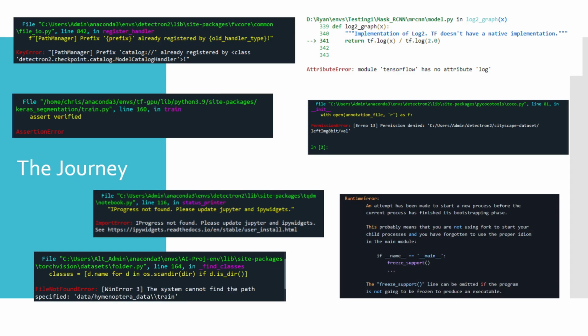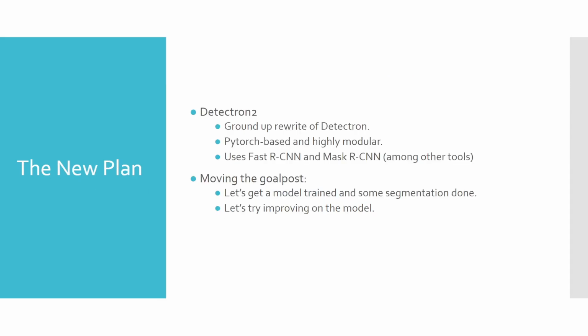So instead, Jonah got Detectron 2 working on his device, which was a groundbreaking achievement considering what we had done up to that point. Detectron 2 is a ground-up rewrite of Detectron. It's PyTorch based and highly modular, and it actually utilizes Fast RCNN and Mask RCNN. So it utilizes one of the models we couldn't get working earlier, or one of the tools we couldn't get working earlier. And ultimately, we had to move the goalpost,